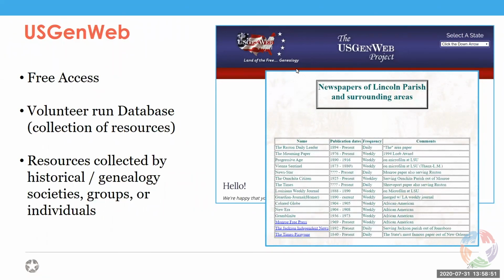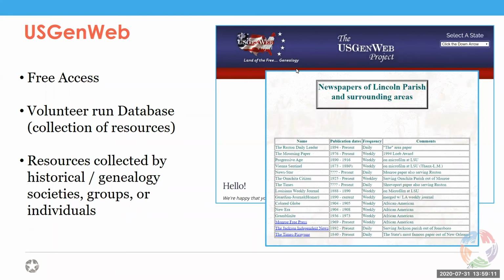And again, you have the Monroe Free Press that began publication in 1969 and continues to publish today, which I did not know. I did not know they were still in publication. I knew they had been once upon a time. So you might discover through US GenWeb